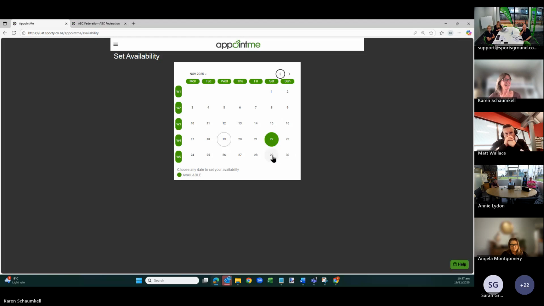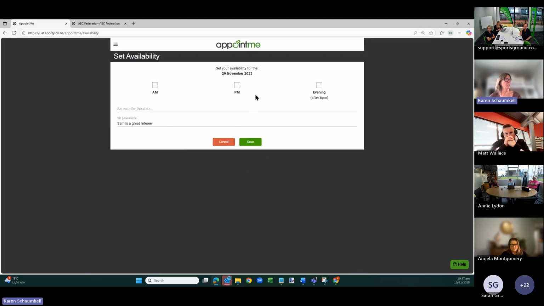Yeah. So when they do choose a date or a date range, they then choose whether they're available in the morning, the afternoon, or the evening, which is considered from 6 p.m. onwards. They can write a general note that appears against them in every game, or they can set a note just for this date if there's something in particular. I do need to go somewhere between 2 and 3 o'clock.